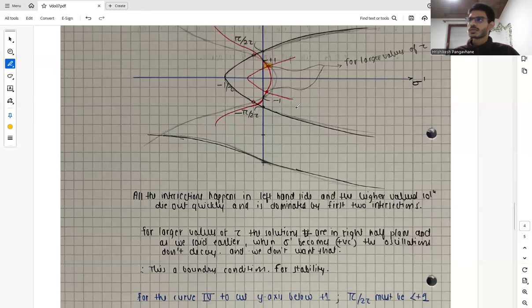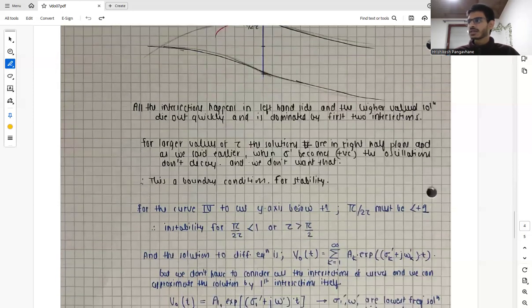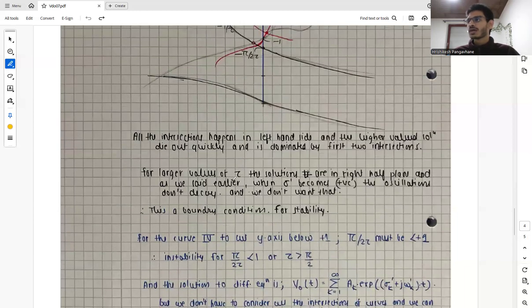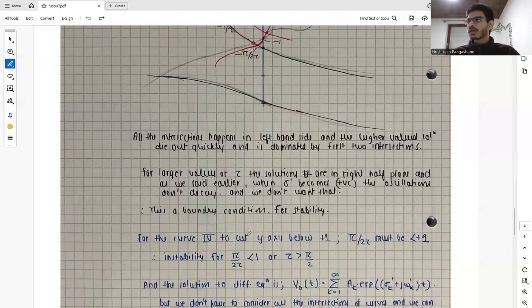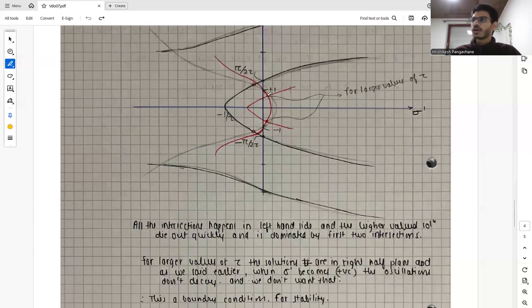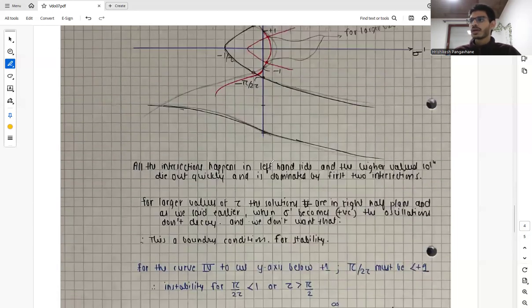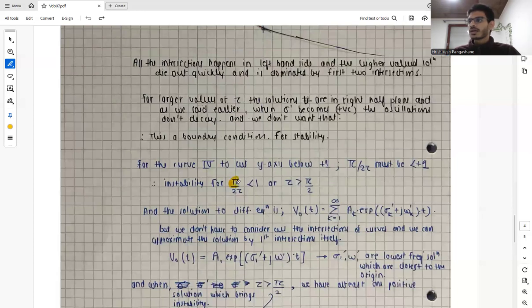So if this concept is clear, then we can set a boundary condition that we don't want our solution in the right half plane. So what we are saying is pi by 2 tau must be greater than 1 in order to realize our solution in the left half plane. So when pi by 2 tau is lesser than 1, or tau is greater than pi by 2,